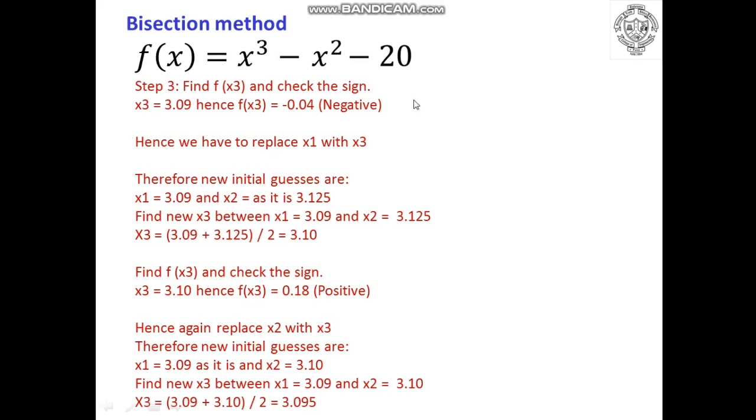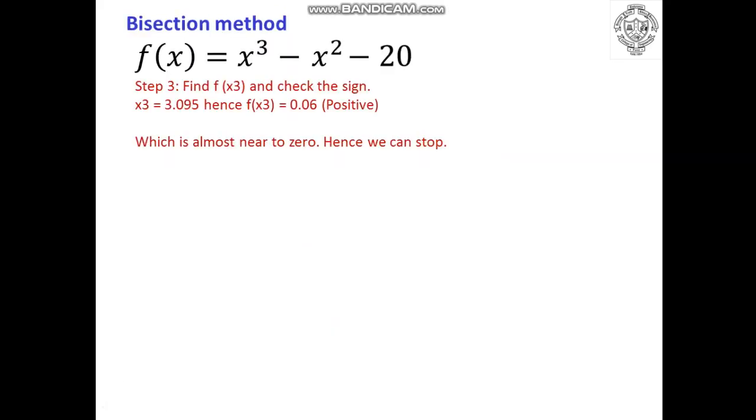So even if you stop at this step, it is fine, because this value of the function f of x3 is also near to 0. Though it is negative, it is immaterial. That you are approaching towards the root is important. The sign of that particular function is immaterial. So basically where to stop will be given in the numerical, depending on the accuracy, and hence there is no need to worry about where you have to stop.